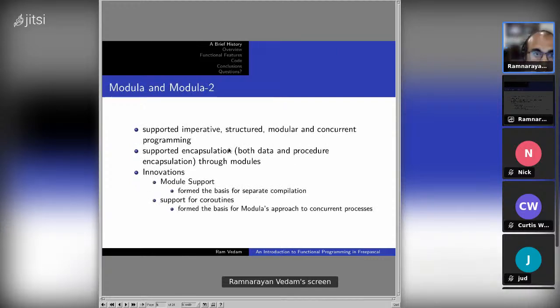Let's talk about Modula. Modula was the immediate successor of Pascal, and it supported imperative structured modular programming as well as concurrent programming.